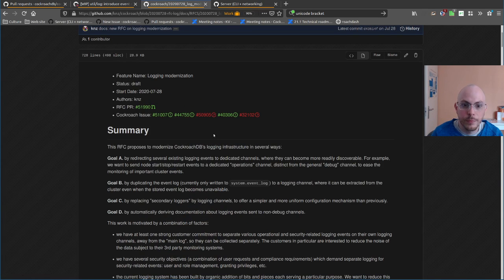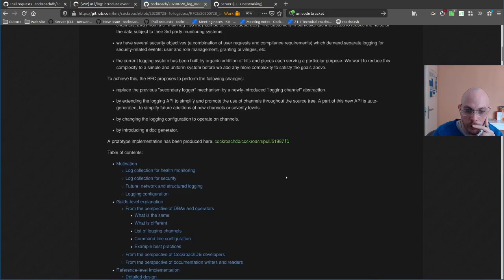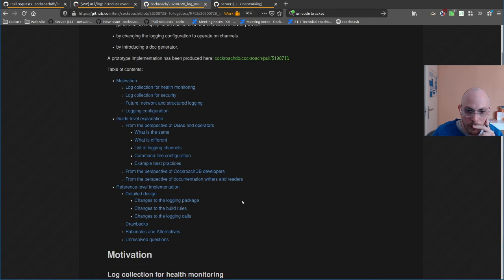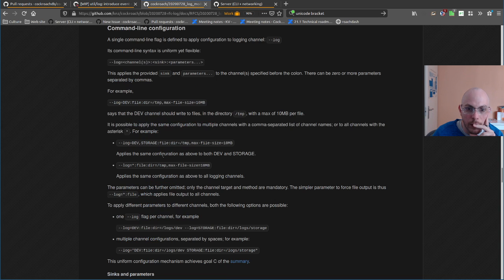So now we are looking at this RFC, and we are going to make logging channels configurable. First of all, look at how things are supposed to be configured. We have these configuration options that today are pretty complicated and difficult to mix and match together.